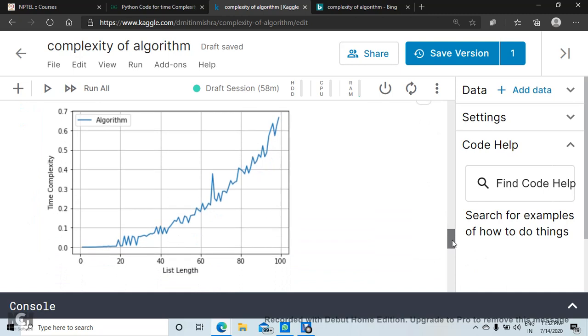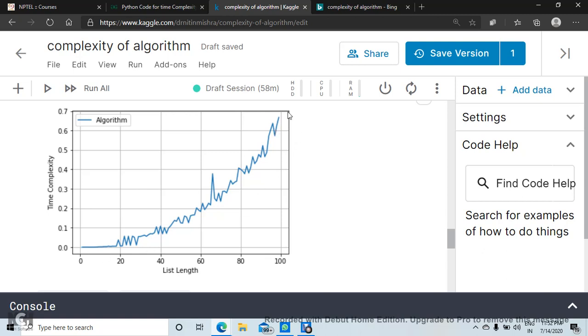Okay, and now I'm going to plot, and let's see. Okay, so the plot shows a parabola kind of a plot. Okay, these spikes are due to some other effects generated by operating system and other things, but if you just follow the pointer, it shows that complexity of this algorithm is of the order of n square.